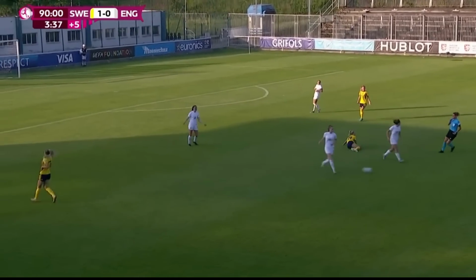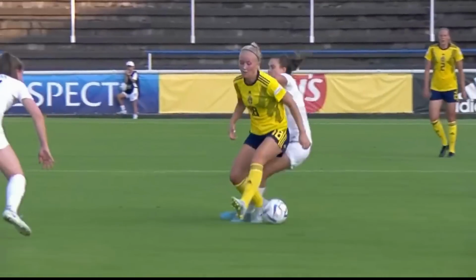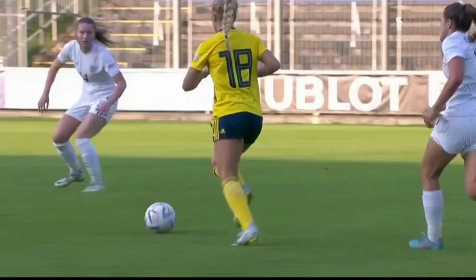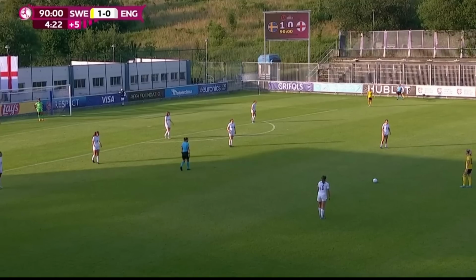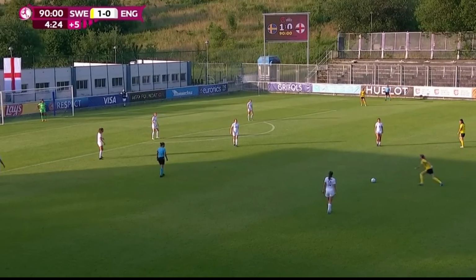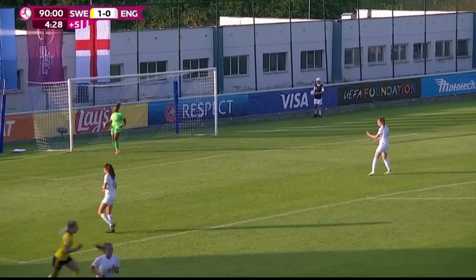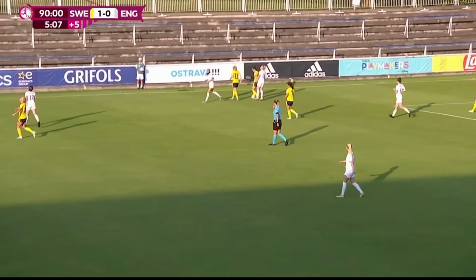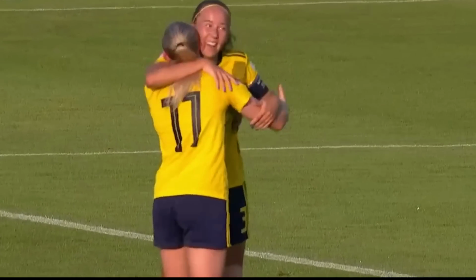Here is Högberg. And it's a free kick. Clinton's card, a problem for England right at the end of this game. Finnberg with the free kick. And it's behind Gregory. And that's it. It's a win for Sweden. The early header from Nell Haga